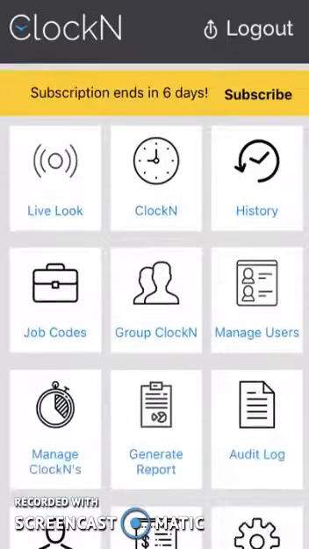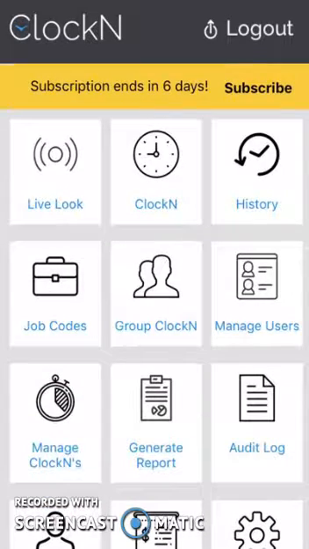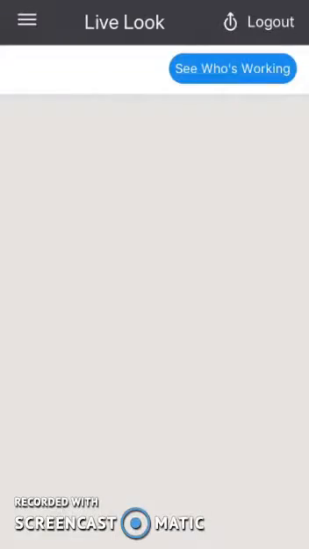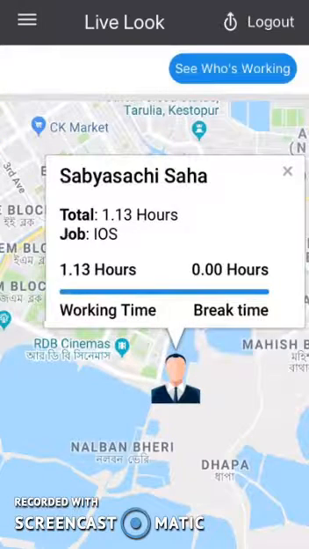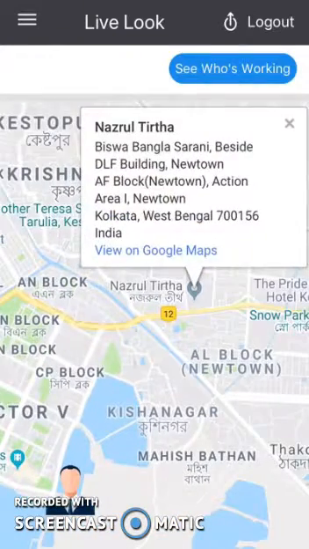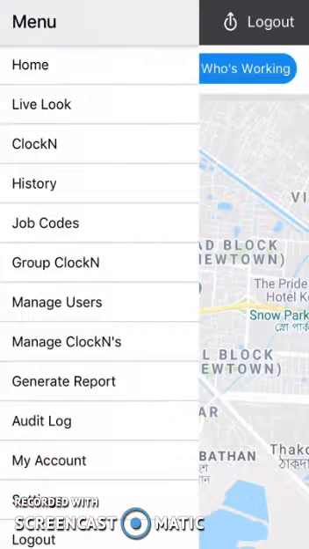So when I click on Live Look now, you can see all the employees who are currently working. I can see who's working right now, and the information of the total hours they're working, their job, work time, break hours, everything will be available to us. So currently one of my employees is working. I can see all the employees that are working under me from this option. It will be represented on a Google map, that is, I am tracking their live location, and other options will